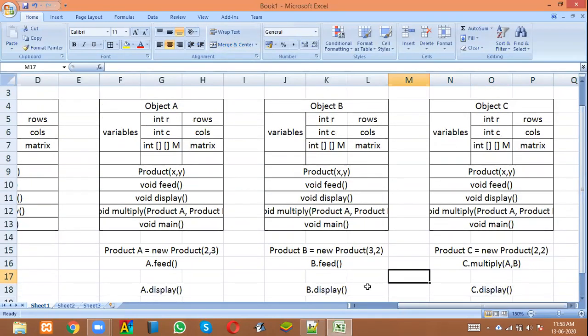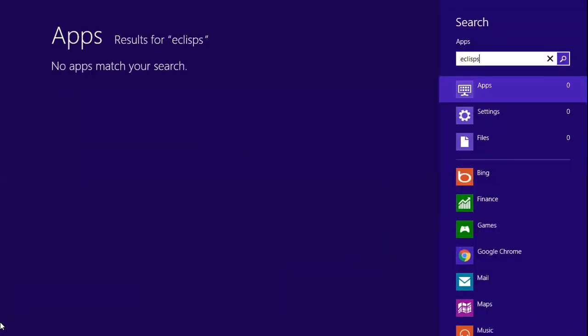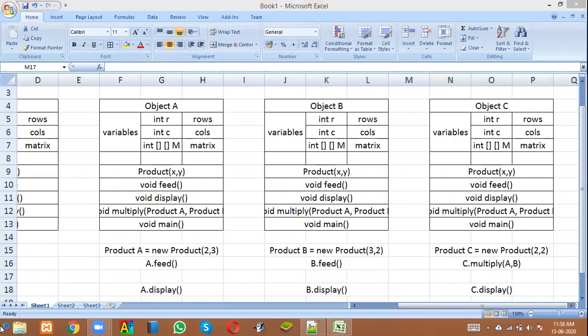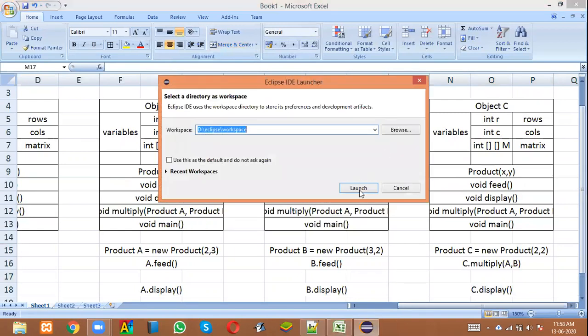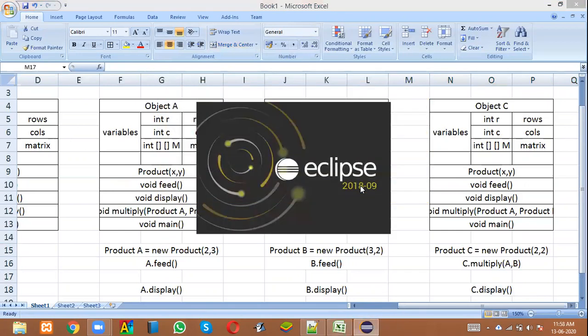I hope you understand. First, we'll write the class. To code, I'll use Eclipse software. Let me just open the software, just a minute. First, I will write the basics. Then we will try to understand how to encode the multiplication operation. That we'll do at last. First, we'll try to understand how to write all the other functions in the correct order.